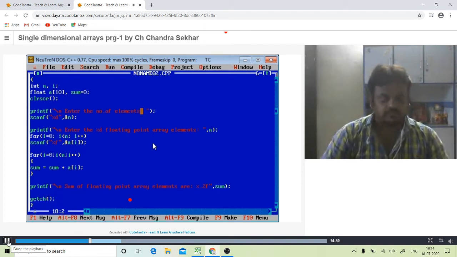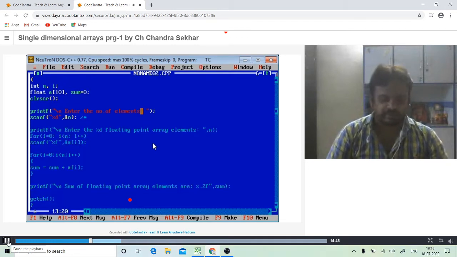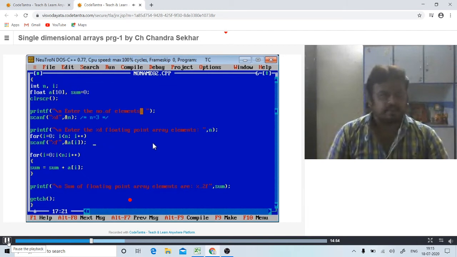Just assume that when I am executing this program, the system asks to enter the n value. My n value is 3. So the system asks to enter the 3 floating point array elements.